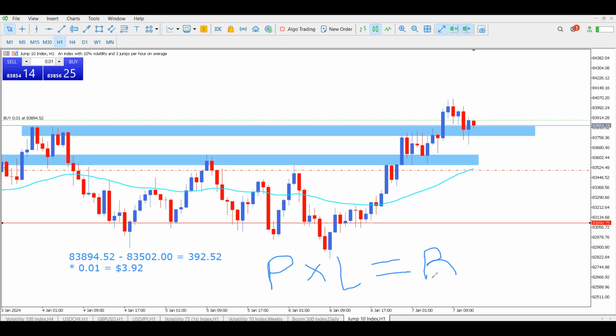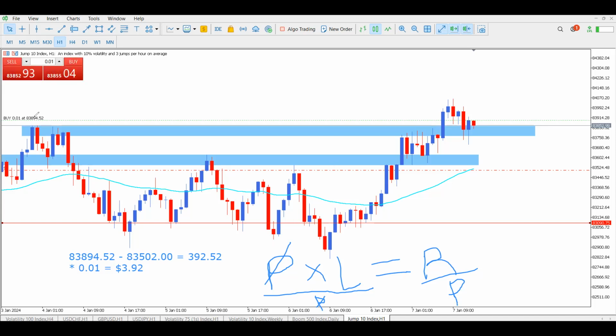From elementary mathematics, we could divide this, so the lot size can be gotten by dividing whatever risking amount you have in mind by the pips or the points. So going back with this very example again,